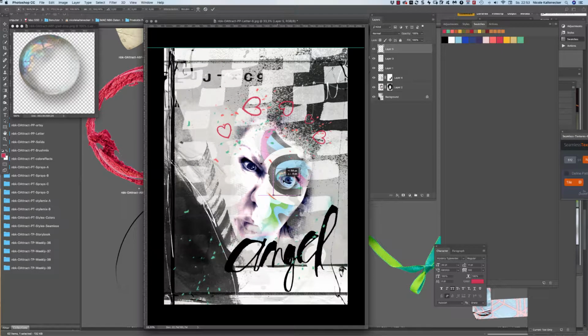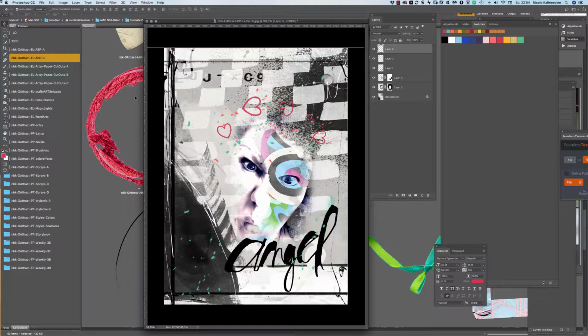On top. Make it smaller. No, no, I don't like that. No. It's a nice element, but it just doesn't really have a place. Maybe we need